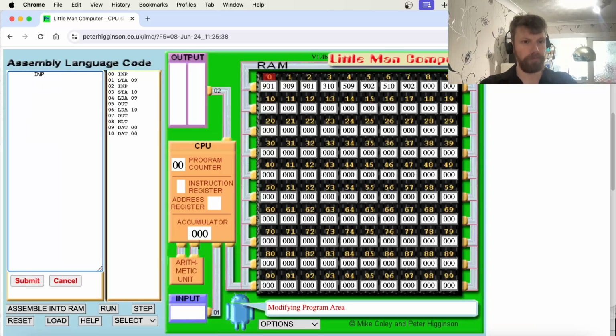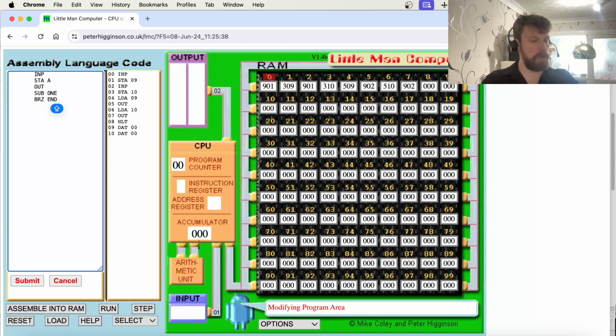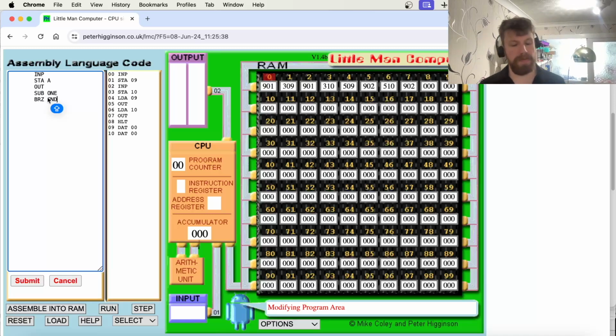Input in a number. First thing is store it. We then output this number. We are then going to subtract 1 away from it. And this is where we do our check. BRZ end. So you put a label. And what happens is that it is then going to jump to a point where we also write end on the left-hand side of the program. I'll show you what that looks like in a second, but it runs a check and says, is the number in the accumulator 0? If it isn't, it's just going to ignore it and go on to the next one,